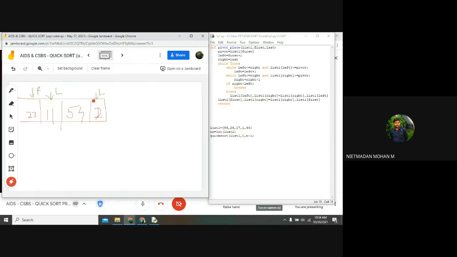Now imagine that the first element is my pivot value, and I am going to interchange it with the final right. So this is my pivot value, and this is my final right. I am going to interchange this pivot value with the final right.